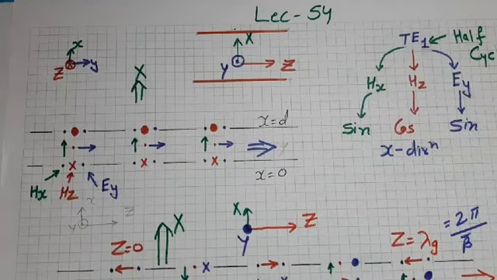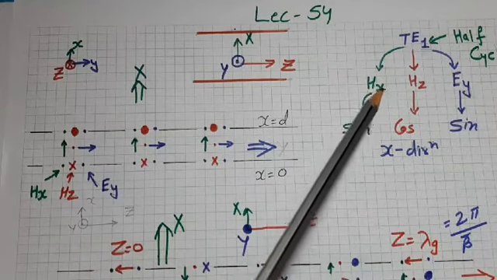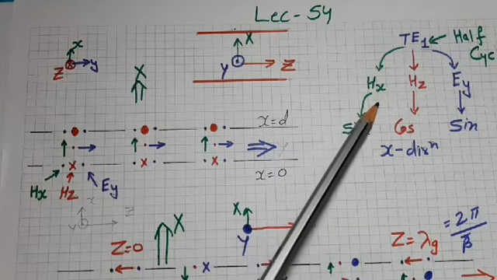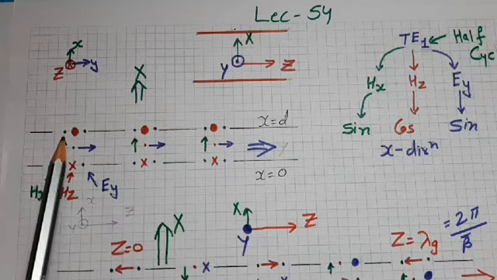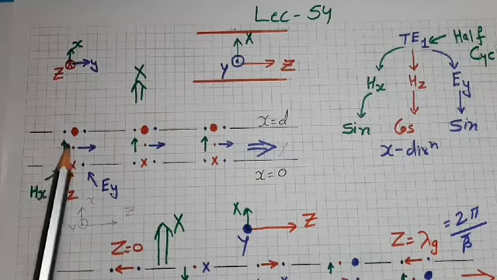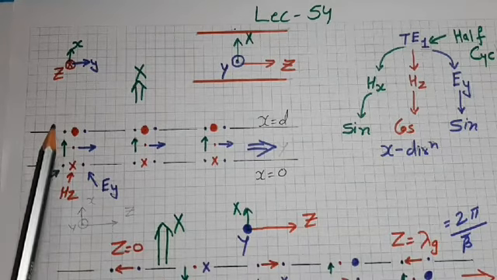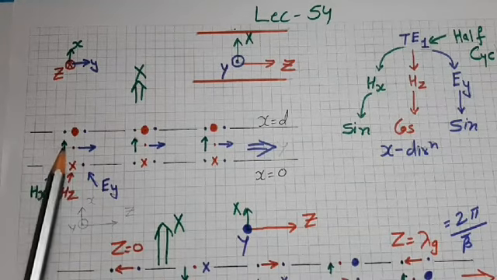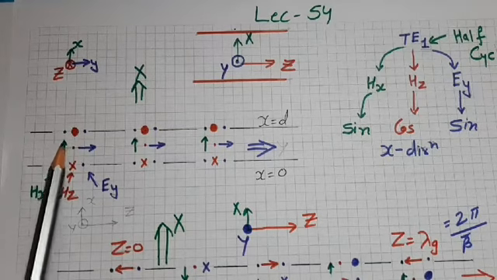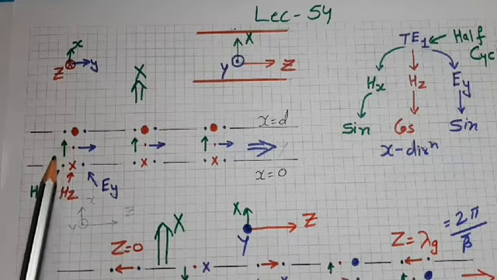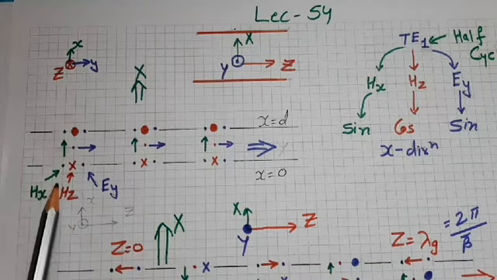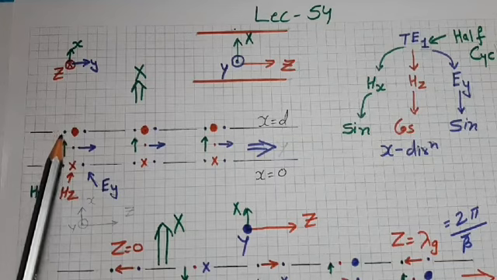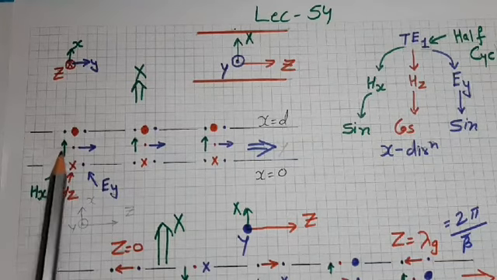So first of all, we draw Hx. Because the x-axis is in this direction, we can draw the Hx field by an arrow in up or down direction. Because Hx has a sine function, it would be 0 on the boundaries and maximum in the mid of the boundary. Maximum field can be shown by this arrow. This arrow shows the positive maxima of the Hx field. We can read this half cycle variation as 0, positive max, and again 0. This is the sine function half cycle.